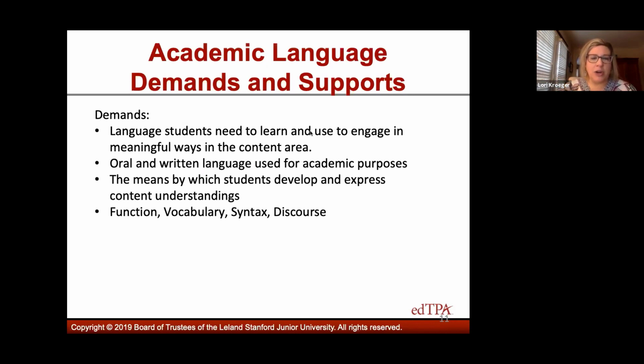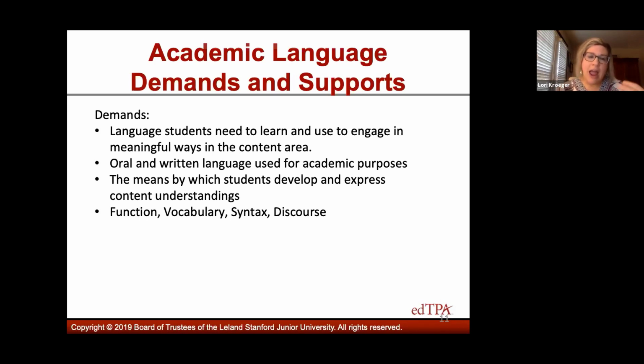We're going to talk a little bit about these very quickly, but academic language is the language that students need to learn and use to engage in meaningful ways in what they're being taught, right, in the curriculum and in the content. It includes both oral and written language, and it really is the means by which students develop and express their content understandings.